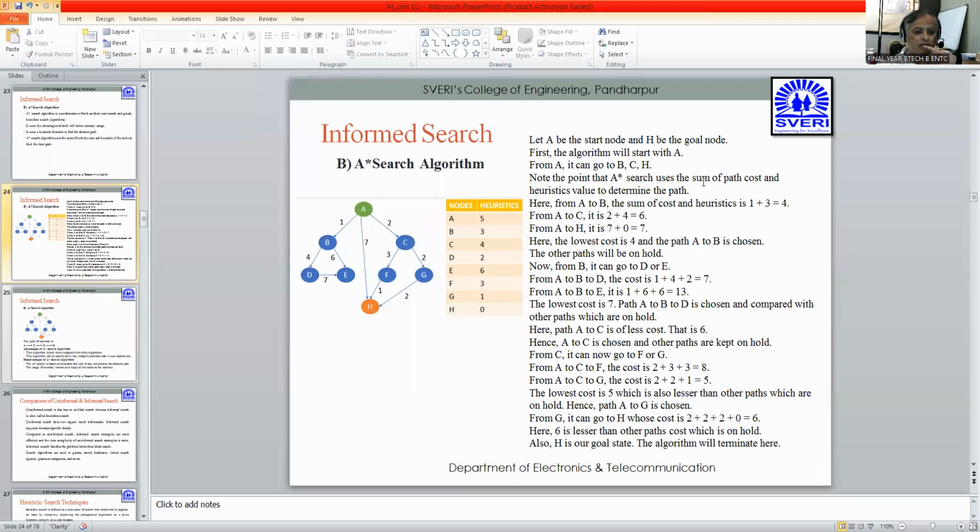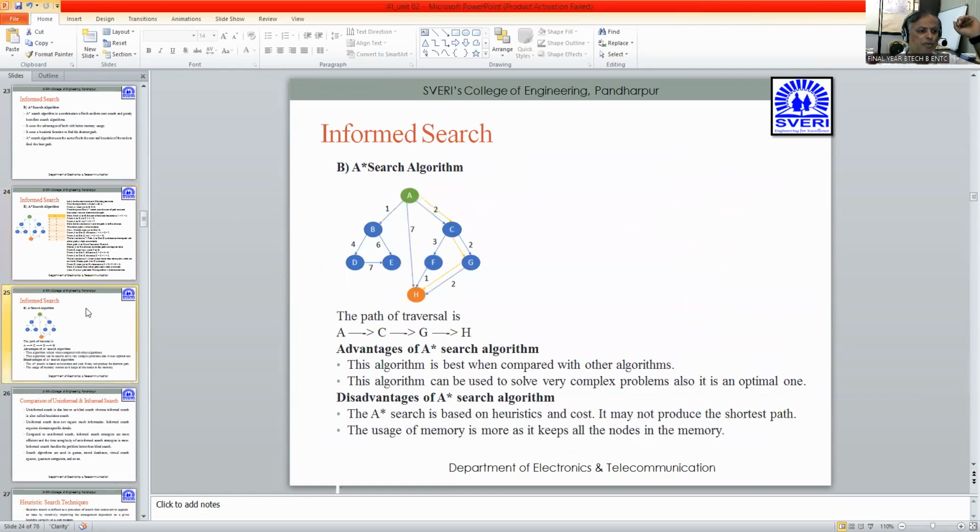So this is how the algorithm will work out. One path will work at one time and the other path will be held, and then you find out the shortest path. So it is a combination of a low cost as well as the heuristic function. Low cost function plus heuristic function will combine together and you'll find one of the algorithms called the A star search algorithm. So the path will be A, C, G and H. We have already calculated how this path works. So now